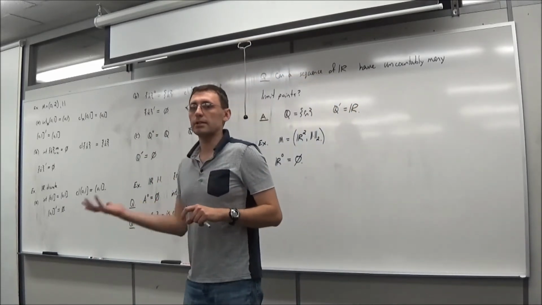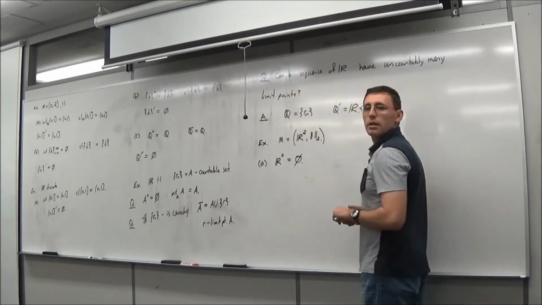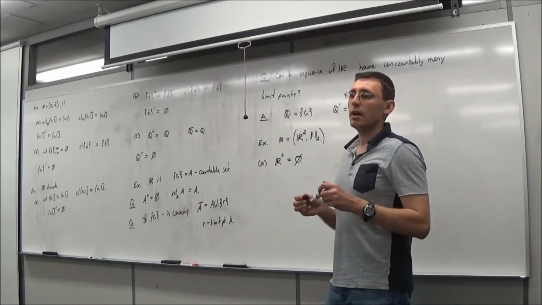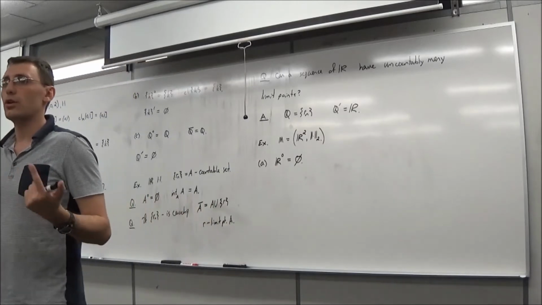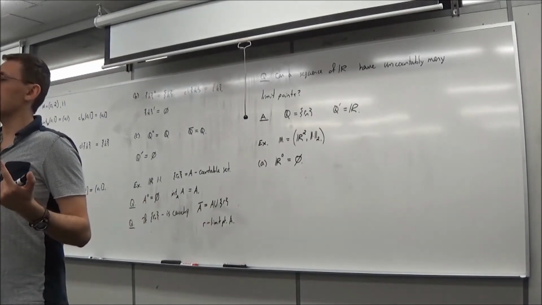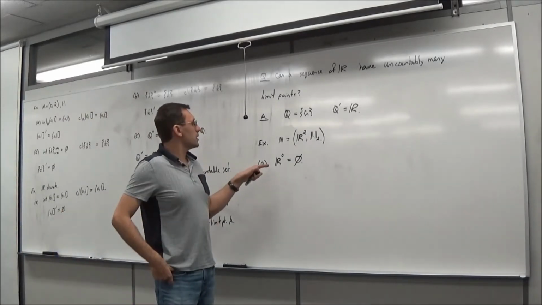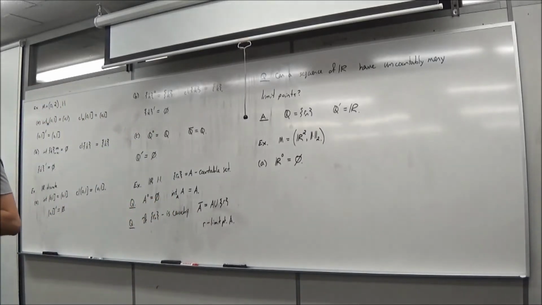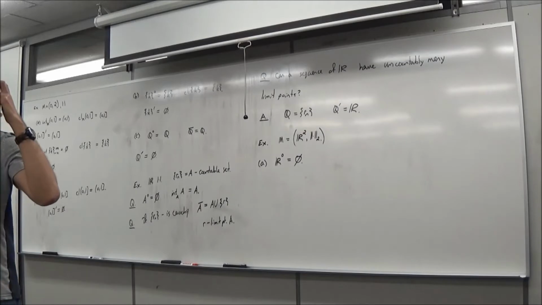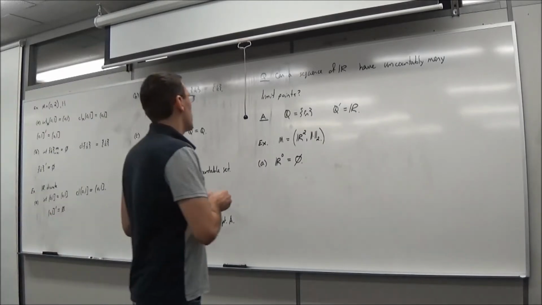Okay, so being open is relative, being closed is relative. You always have to know what's your universe. If you use the one norm, yes, it's going to be the same. One thing about all those spaces, we showed that one norm, infinity norm, two norm, they're all the same. And let me tell you a secret, all the norms in a finite dimensional normed vector space are equivalent. They generate the same closed sets, the same open sets. So you can pick whatever norm you like. All right, good. And the closure of R is